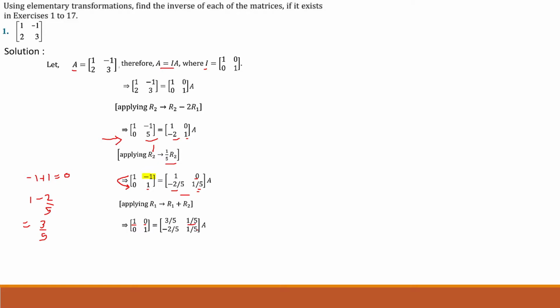So we have transformed this A into identity matrix. And by expression of inverse of a matrix, this matrix is our A inverse. So this is how we find inverse of a matrix using elementary transformations. We can do both by row or column transformation. Now you can pause this video to note this down.